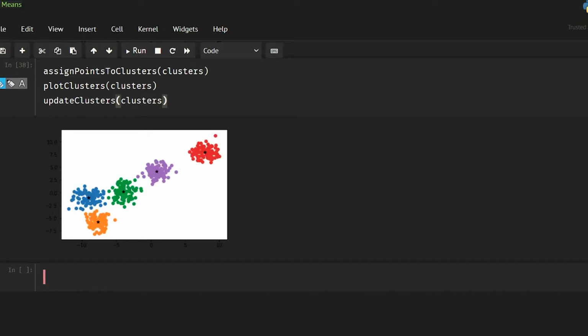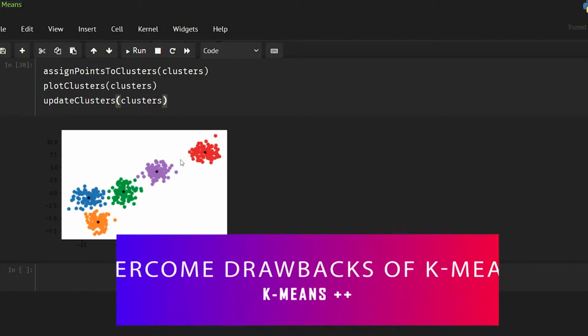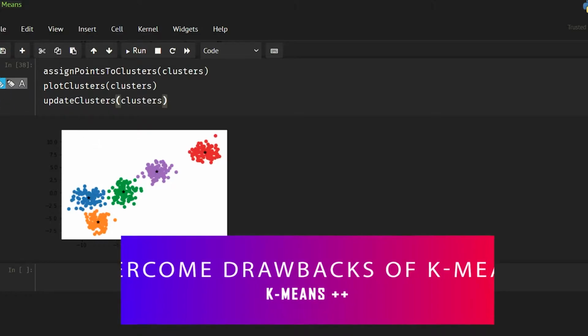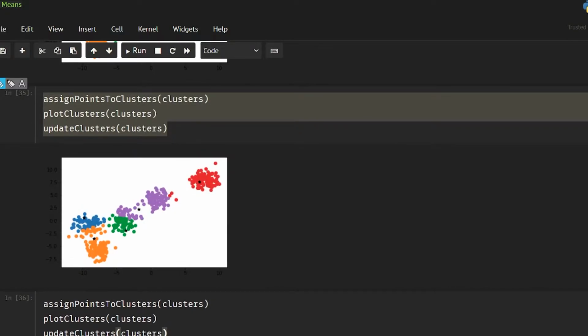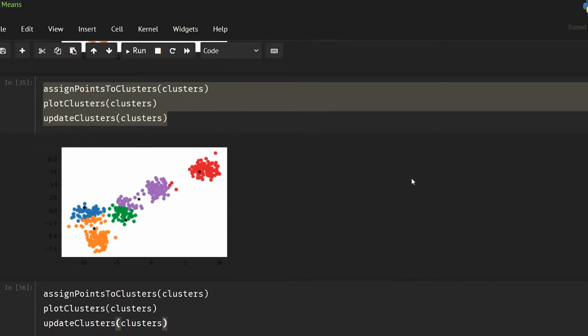Hello there. So in the last video we talked about k-means and we saw that k-means has a major drawback. The major drawback is that it is not necessary that every time you run this program at least one point is assigned to at least one center. So it might happen that some center does not even get assigned a single point, and because of that you can end up with only four clusters when in reality you had five, so that is a very bad thing.